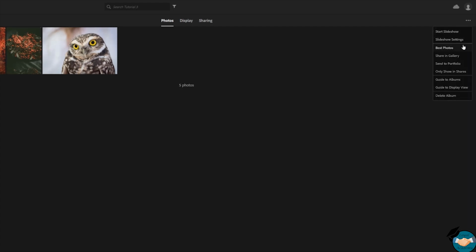We can look at Best Photo, which is an artificial intelligence-based algorithm to have Adobe show you what it thinks is the best photo. We can share in gallery, send to portfolio, only show in shares, guide to albums, guide to display view, or delete the album entirely. Of course, in the upper right-hand corner, there's also sync activity, which, once you've added or changed an image, will show you the sync status,